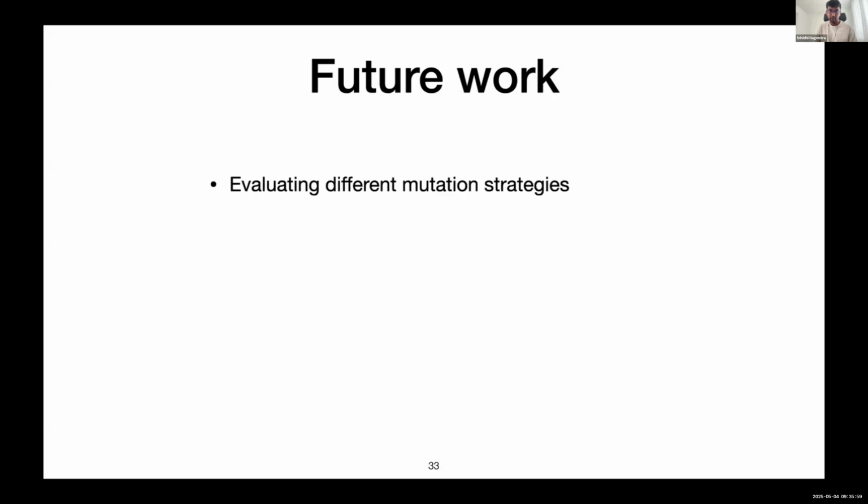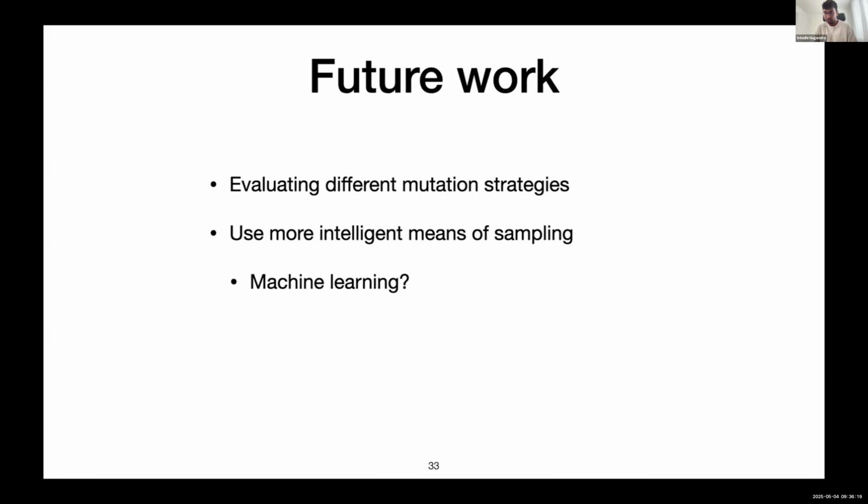Going forward, we want a more systematic evaluation of these mutation strategies that we had. We came up with swaps because intuitively they made a lot of sense, but are there better mutation strategies? Can we use more intelligent means of mutating, for example, using a neural net to learn the model in some sense and tell us exactly what is the next input that can get us to a better state or a new state?